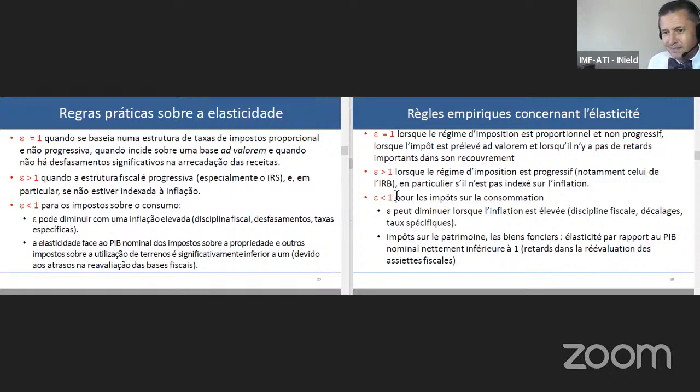The one on tobacco I've liked for years because it demonstrated in some countries that they're exploiting the inelasticity of demand for certain goods, like tobacco, for example, such